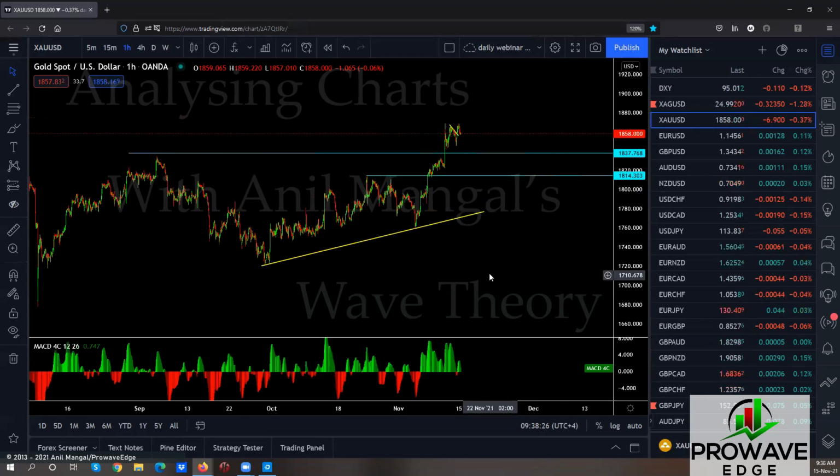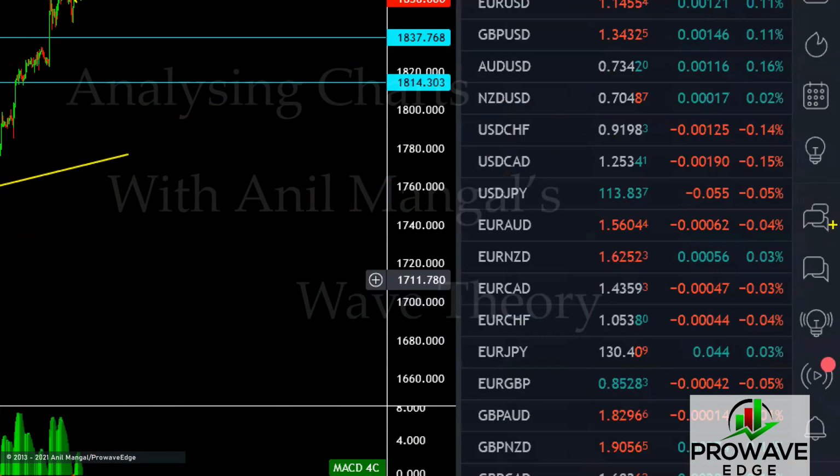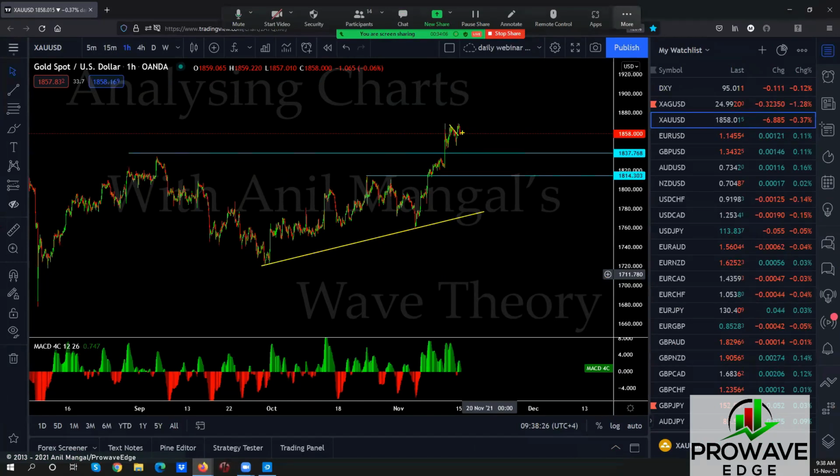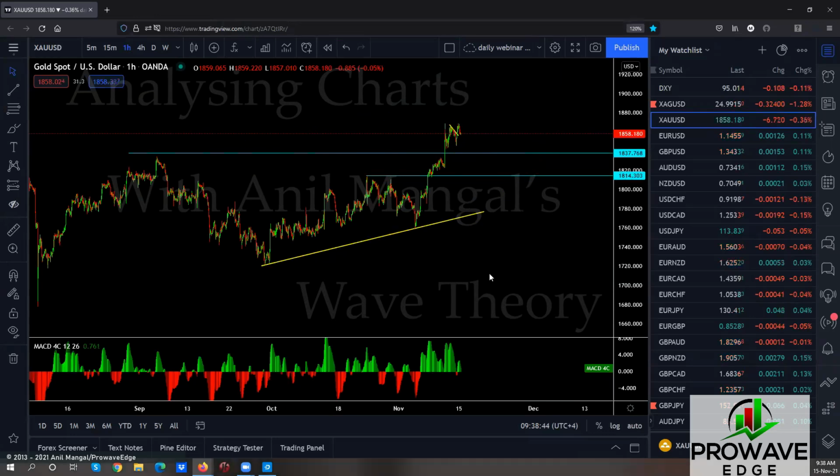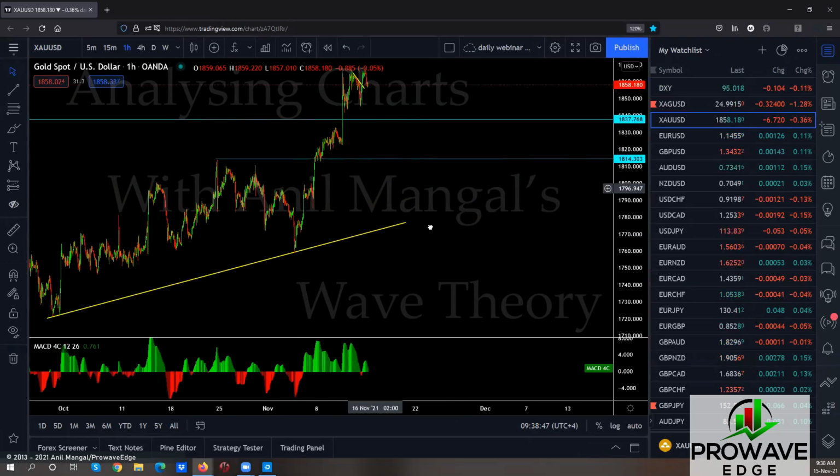So I'll give you what I think based on my experience. I believe that even if we do break this up one more time, we're going to come back here and then go. So we would look at a possible running flat forming here, which means, can this be a possible flat that would drop to the bottom? Now, that's a very slight possibility. It could happen, but it's rare, like I said.